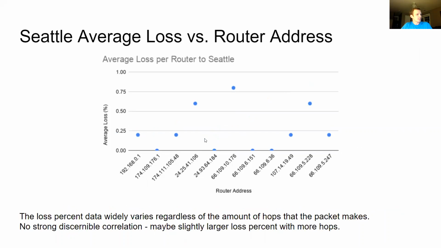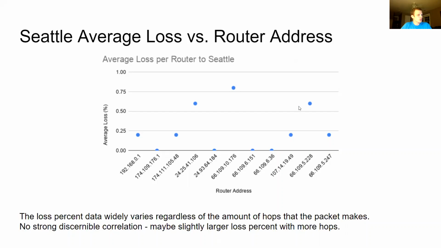So the next type of graph that I did was average loss per router to Seattle. We have these router addresses here, in order of the traversal, and this is the average loss percent. What I did here is take each of the 5 trials, look at the router, and take the average loss percent by adding the 5 trials together and dividing by 5 for each router. I was trying to see if there was any kind of pattern,